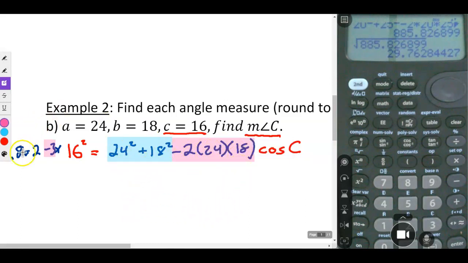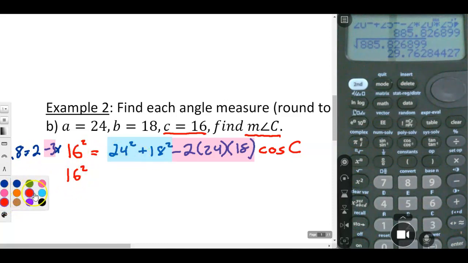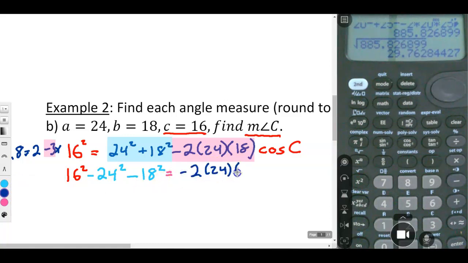Okay, so those are the steps. We got 16. I'm subtracting this blue part, right? So if it's 24 squared, when I subtract it on both sides, it's going to be minus 24 squared. And 18 squared will be minus 18 squared. Equal negative 2 times 24 times 18